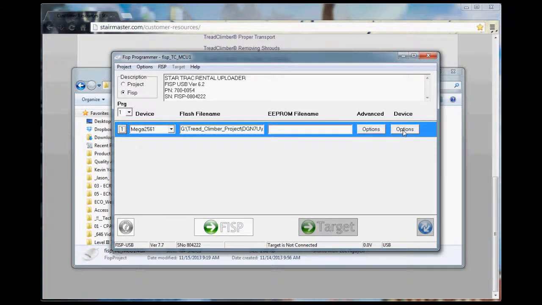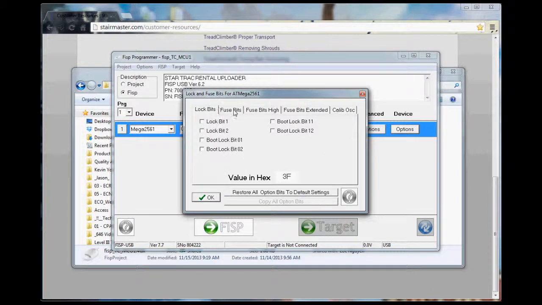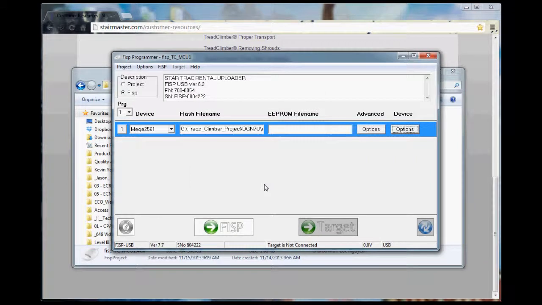The device options are already set up, and like I said, using the 4DX file, that project file, it'll do all this for you. Makes it a lot easier. Now the next step is where a lot of people get tripped up, is if you look here and it says flash file name,